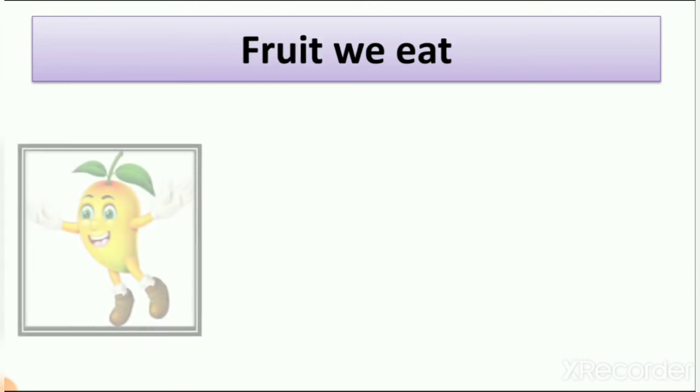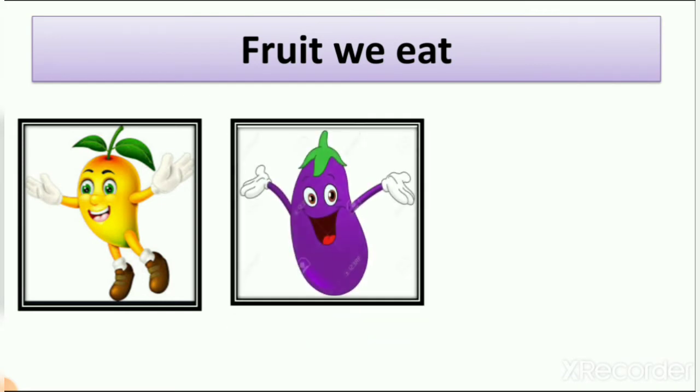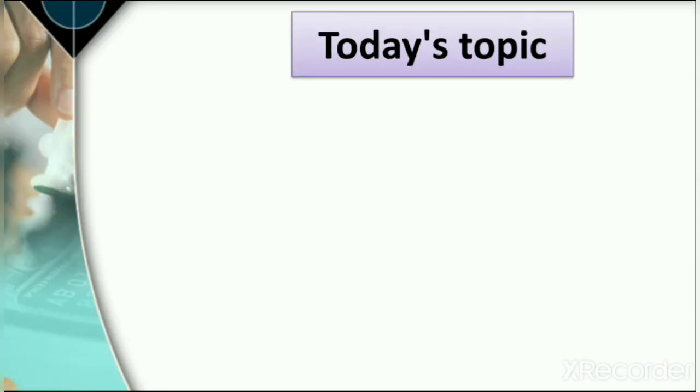Then fruit we eat. So many fruits we eat: mango, watermelon, banana, and some vegetables like brinjal and tomatoes are also fruit of the plant. So we learn all these things in this lesson. Today we learn with this activity which fruit, vegetable or other things we get from the plant and which part of the plant it is. Like yesterday's lecture, we have to tick mark the things.